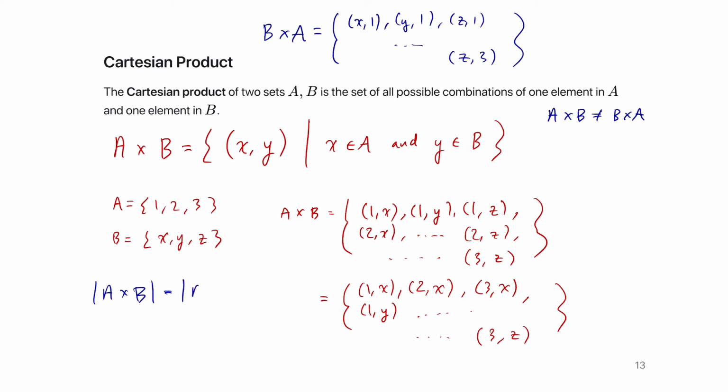Good. It's the product of the individual cardinalities. And can you see why? Because for every element in X, we map it to every single element in Y. So for example, if we're looking at the possible second coordinates when A is equal to 1, there's 3 of them. And then when A is equal to 2, there's 3 of them. And then when A is equal to 3, there's 3 of them. So what ends up happening is we multiply the individual cardinalities. Is that okay? So the cardinality of the Cartesian product is just the product of the individual cardinalities.